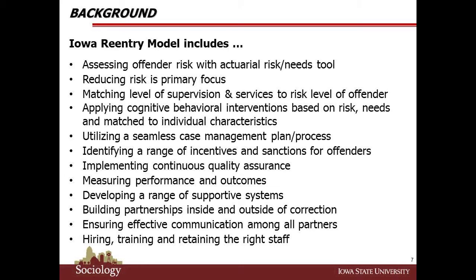The Iowa Reentry Model includes assessing offender risk with actuarial risk and needs tools. Risk reduction is our primary focus. It's important to match the level of supervision and services to the risk level of the offender. Applying cognitive behavioral interventions based on risks, needs, and matched to individual characteristics. Utilizing a seamless case management plan and process. Identifying a range of incentives and sanctions for offenders, implementing continuous quality improvement, measuring performance and outcomes, developing a range of supportive systems so that offenders have those kind of supports in place when they do return to the community,